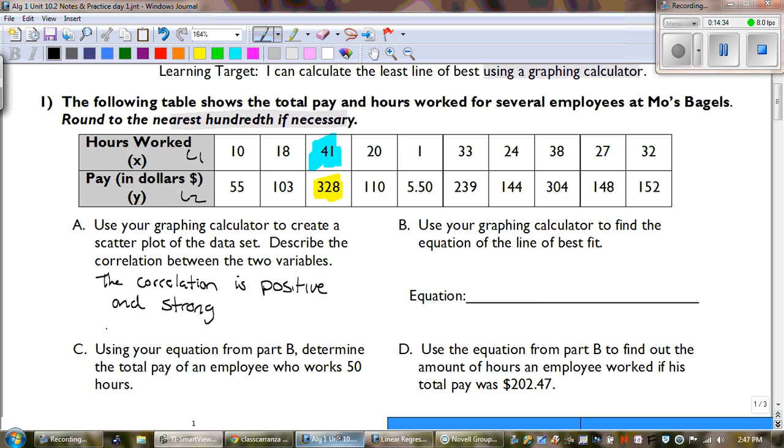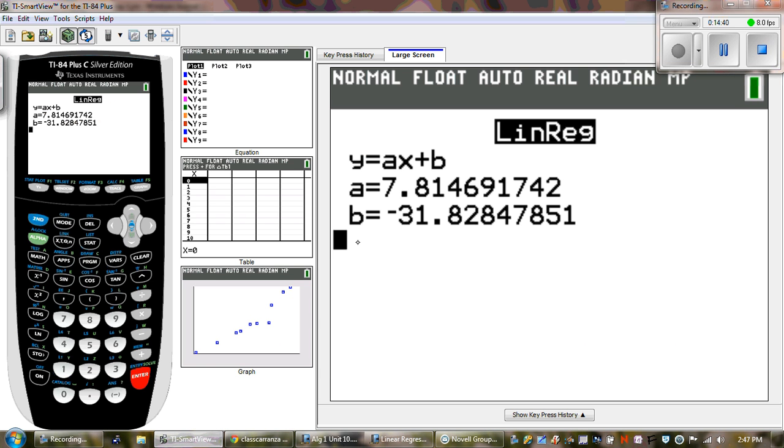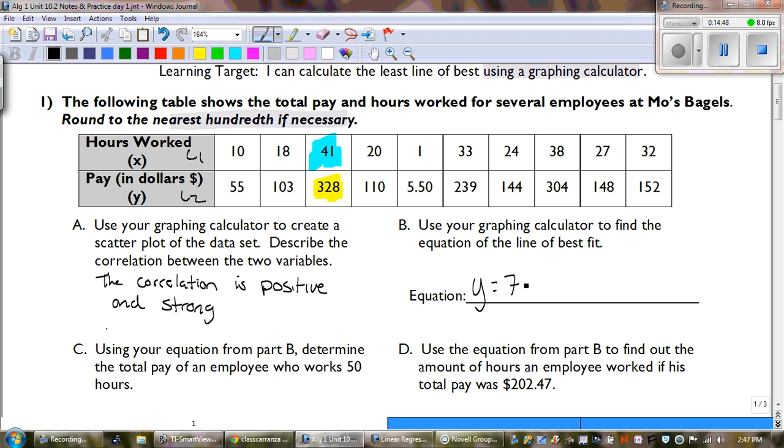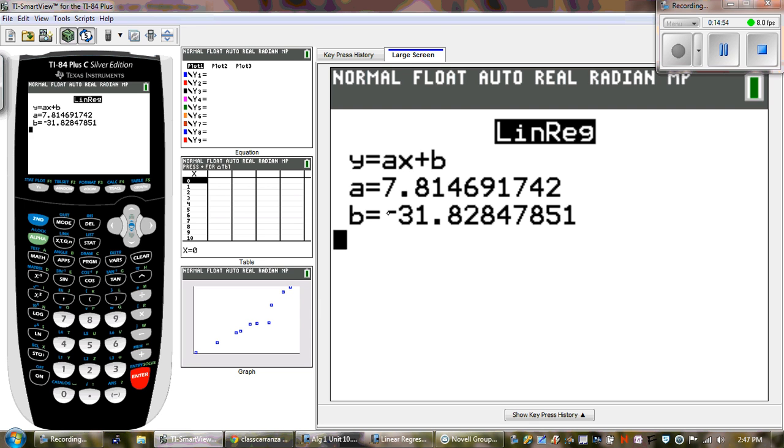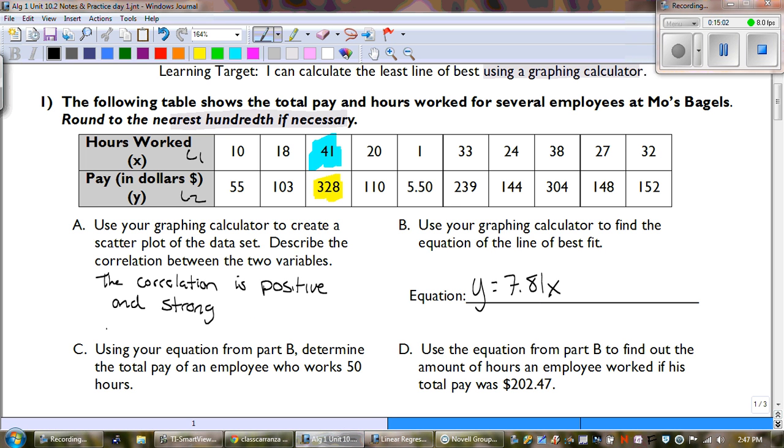So as I'm over here writing, y equals my slope, 7.81x, and then our y-intercept is negative 31.828. That third, or the second 8, tells me that I need to round. So negative